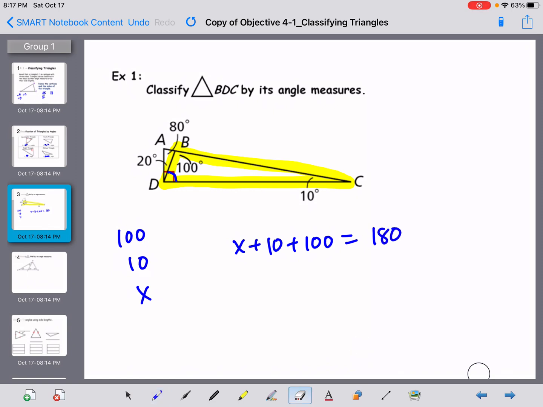So we could also say, to get that angle X, we would just say 180 subtract 100, and then 180 subtract 10. So that missing angle,